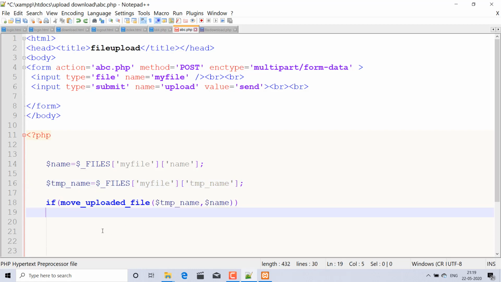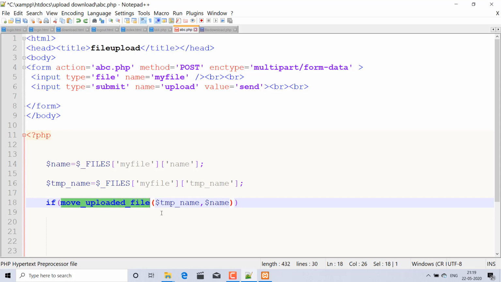Okay, and this function is most important, move_uploaded_file, and if this error is reflected on the browser, then your website is also vulnerable. It is also risky from a security point of view, and it is mentioning the vulnerability. But I am not talking about cyber security, and how it is risky I will explain in another video. And inside this move_uploaded_file, that file will be moved to the upload location, that's all.